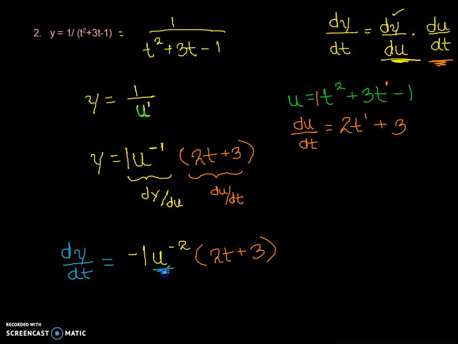So I have my dy over dt almost. I still have a variable. It's not in terms of t yet. So this needs to get replaced in order for that to happen. So I'm going to replace that u. Remember, sidebar, we assigned u, so we're going to just change it back now. U is equal to t squared plus 3t minus 1 to the -2nd power times 2t plus 3. This is actually the derivative, dy over dt, but now we just have to clean it up